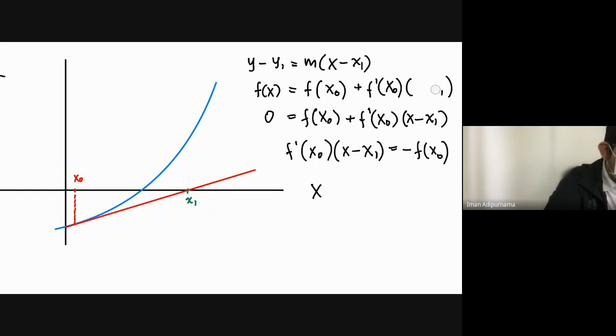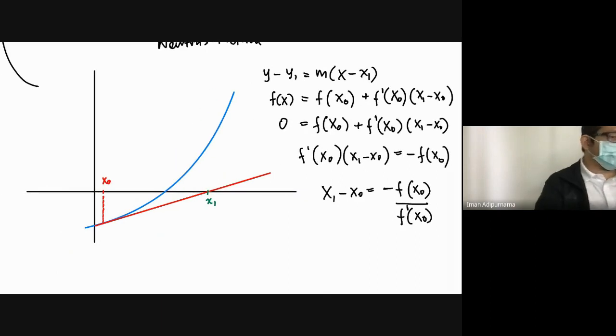It should be x1 minus x0. If you look here, this is x0, this is x1. Now, when we have the value of the function 0, which means at this value here,